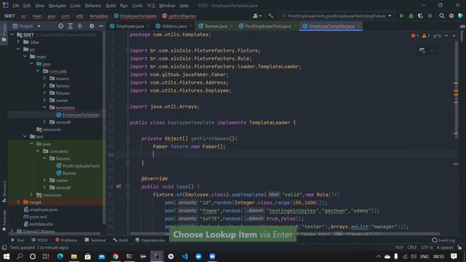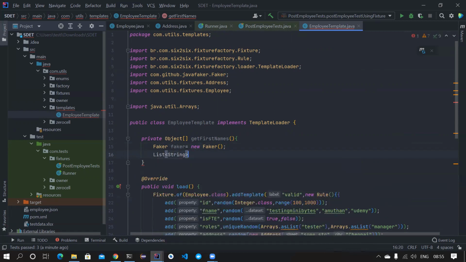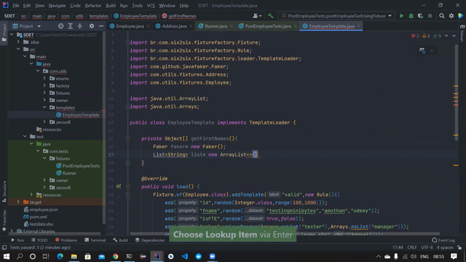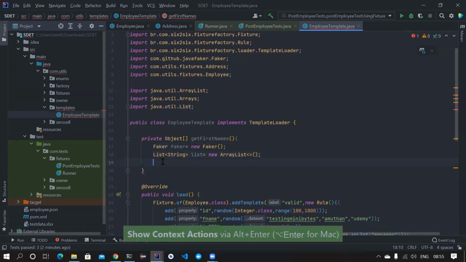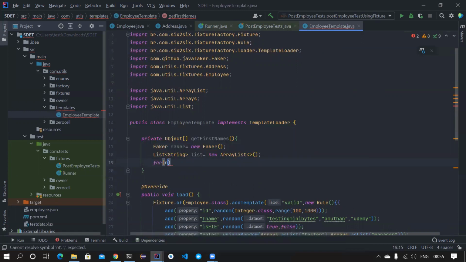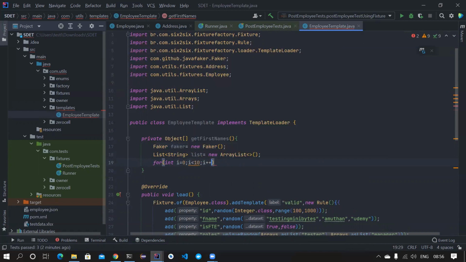And I also want an array list, so basically a list of string, list equal to new ArrayList. And I want to import this as well. And here I can run a for loop: for int i equal to 0, i less than 10, i plus plus.